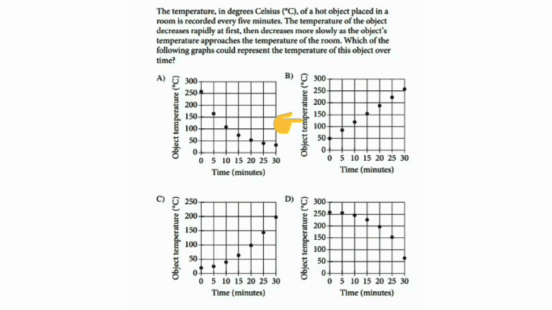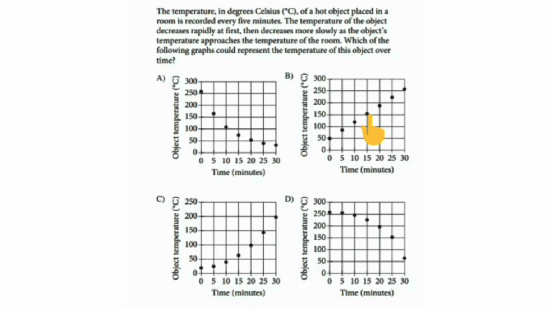If we analyze B, as we move from left to right, we can see that the height of the dots increases. That means temperature increases. In graph B, when we move from 0 to the right side along the x-axis, we can see the values increase. The height of the dot increases.